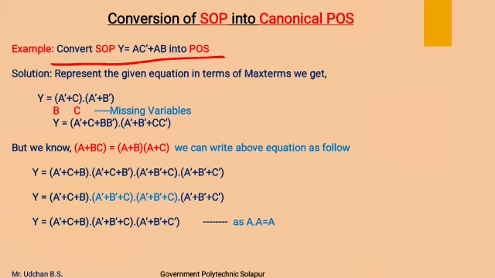So initially we have to represent the given equation in the terms of max term, as the POS contains max terms and our given equation has min terms, that is product terms. So to get the given equation in the form of max term,